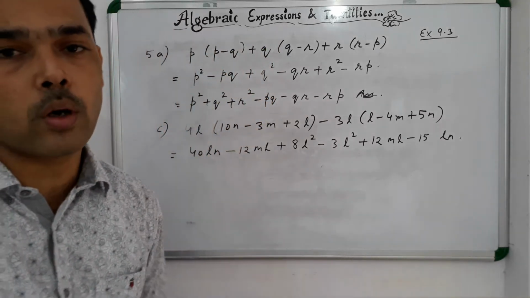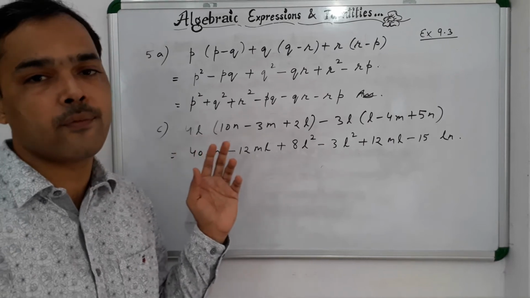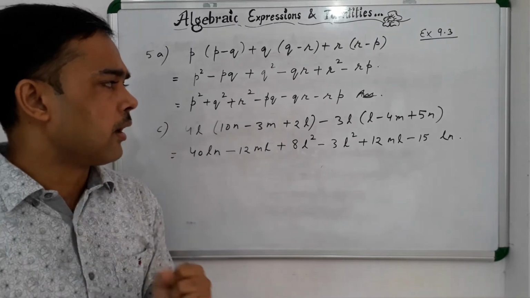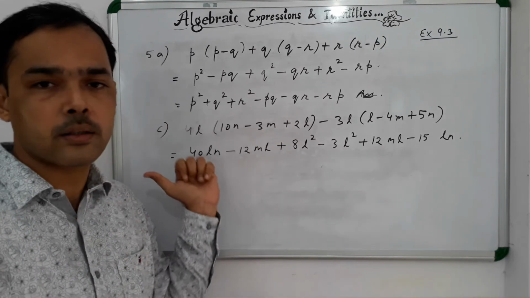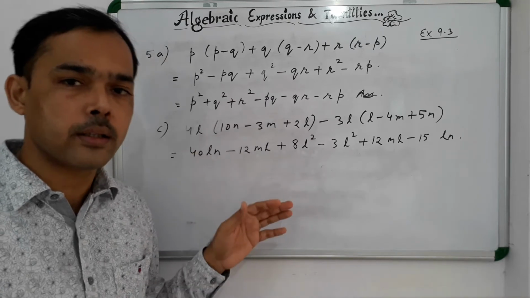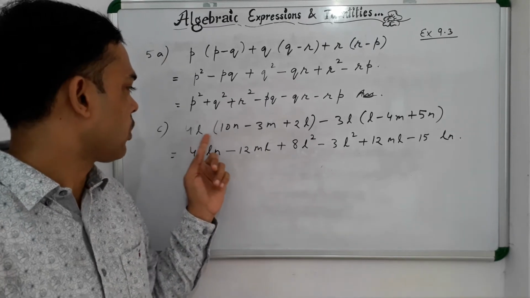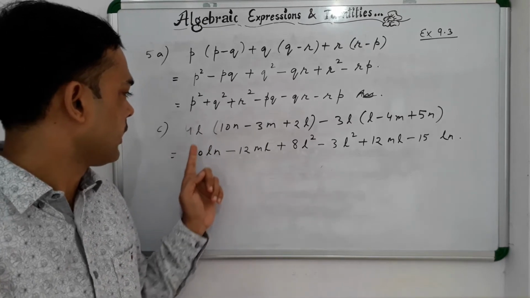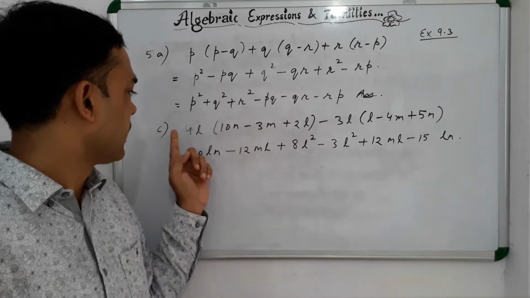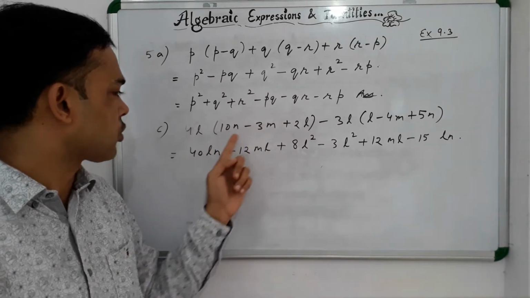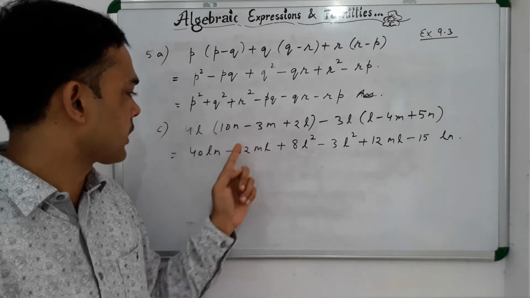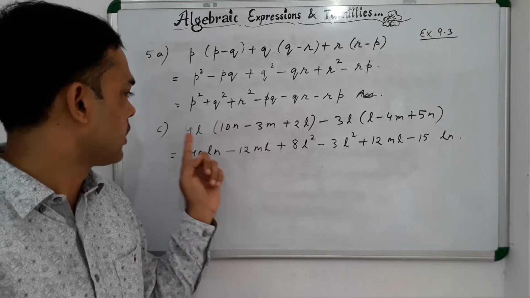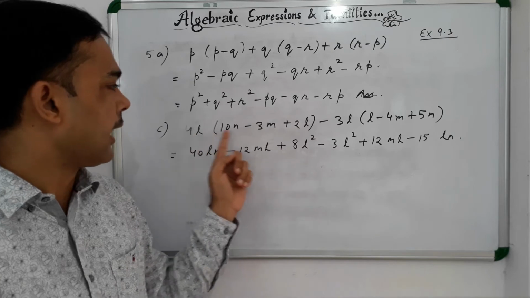So I am repeating once again what I have done over here. I have first multiplied sign by sign. Then I have multiplied the constant by constant and then the variable by variable. See, 4 plus, they both are positive, so this is a positive number. 4 into 10, 40, L into L, N, LN. Then sign by sign, so plus into minus is minus, 4 into 3 is 12 and L into M is LM. Plus into plus is plus, 4 into 2 is 8, L into L is L square.